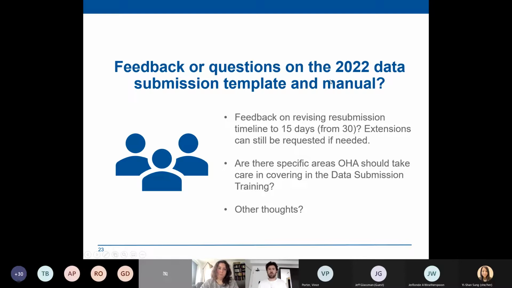We would have just a validation conversation about what looked weird and what didn't look weird. Most, if not all, of the checks that we were doing on our end are now just included in the template, so you can do them before they even get to us. So hopefully that will cut down on maybe even months of work that we were doing back and forth. So I think lowering the resubmission deadline is going to be a good idea for everybody here.